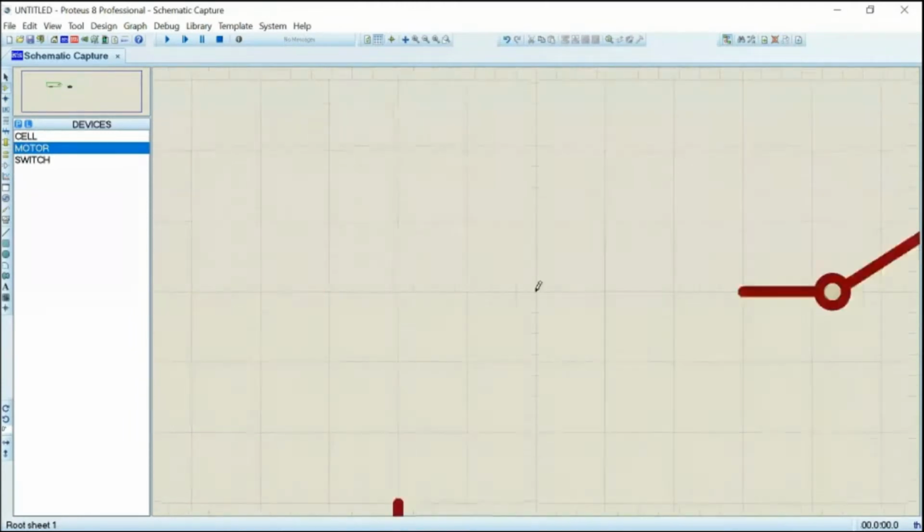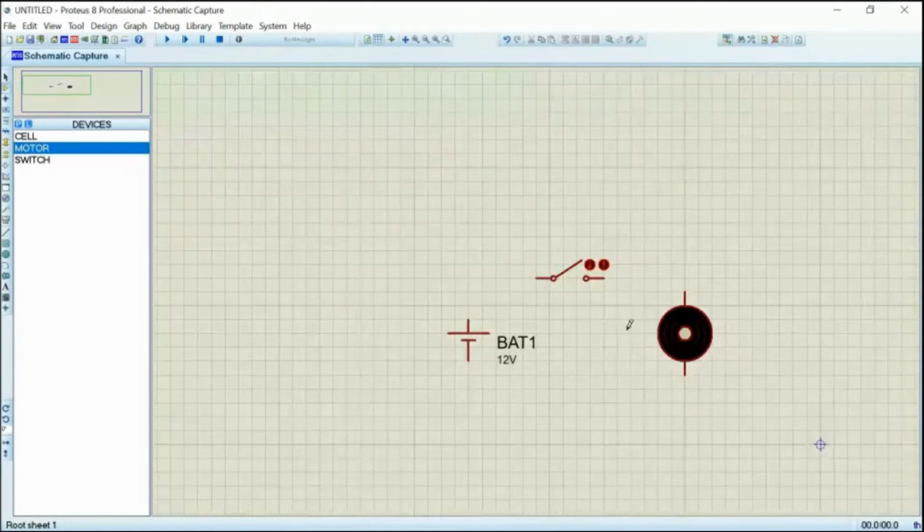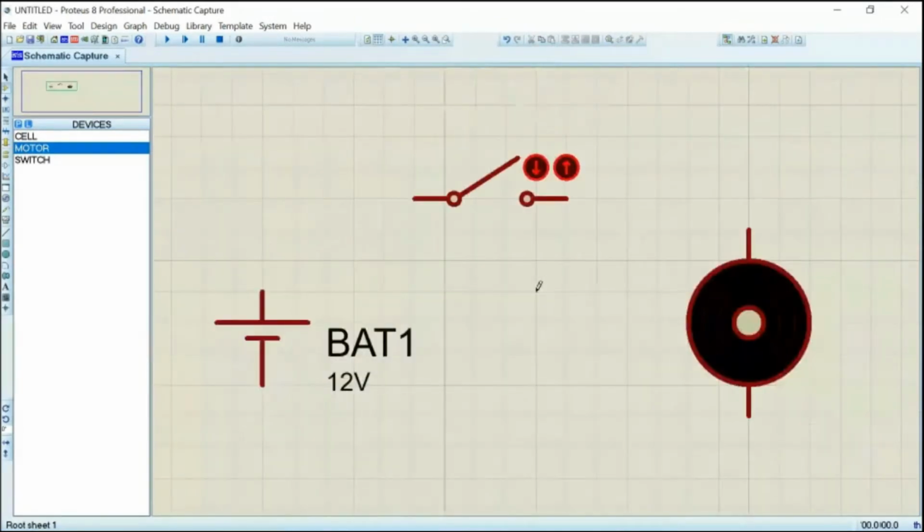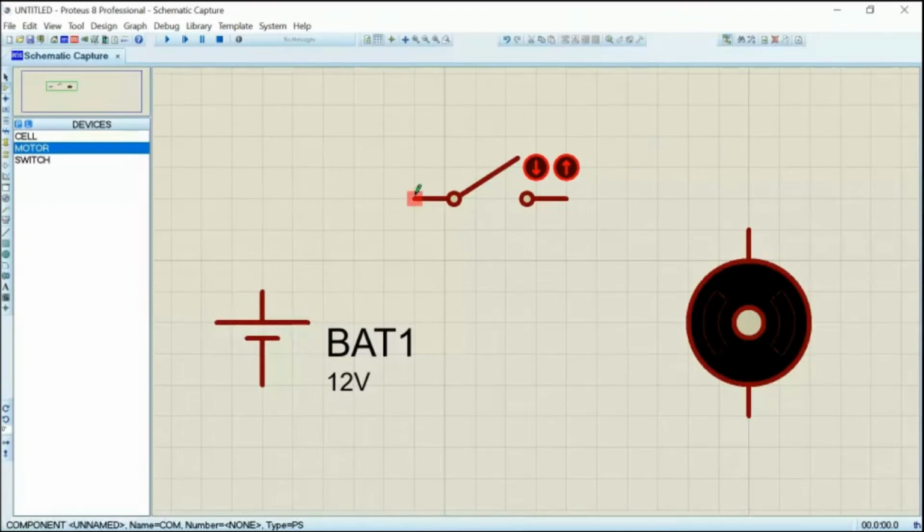Now you have a pencil-like structure. You can zoom in and zoom out by using the middle button of your mouse. So there is a small pencil-like structure available. The moment you take the pencil to one terminal of the switch, it changes to a red-like square type wire. So you just click it. Once you click it, there is a green colored wire that follows your path of navigating the mouse. So wherever you take the mouse, that green wire will follow you.